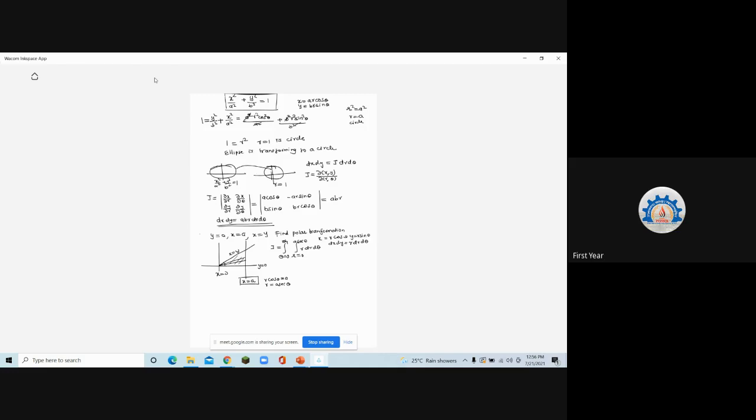Yes, ma'am. We have to convert to polar. That's it. xy should be converted to r theta. So dx dy got converted to r dr d theta. Limits of r: the sector always starts from origin, so r is equal to 0 to the equation of the line. That equation of line is x is equal to a, but x is r cos theta. So r is equal to a sec theta is the equation of line in polar form. Those are your limits of r, and theta is ranging from 0 to pi by 4. So now will you be able to convert any Cartesian curve in terms of polar?